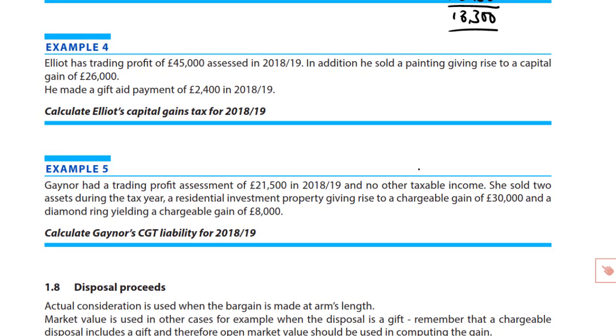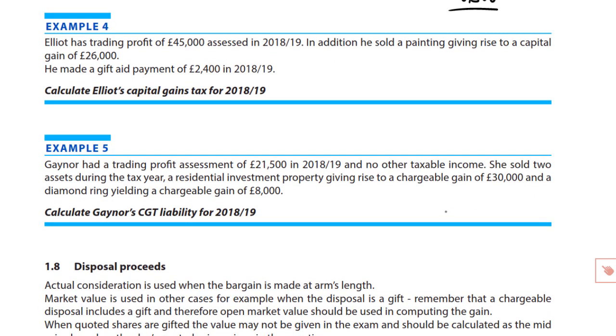On to example 4. Very similar, in as much as, again, we have a trading profit, not much higher, £45,000. Of course, as we know, this time for Elliot here, it's again the CGT for 18/19. So we've got £45,000 in terms of the trading profit. Sold a painting, well, that of course again is not residential property. So we know what CGT rates will be applicable. And we've got a capital gain on that of